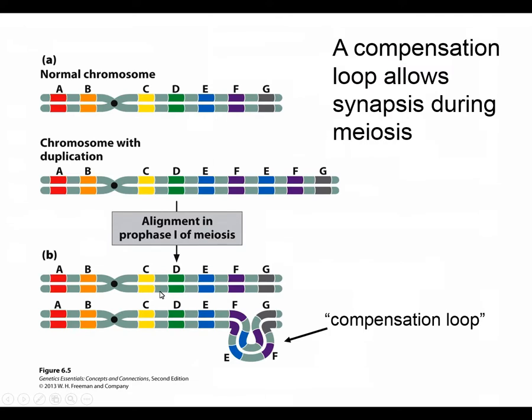Now, usually there's not going to be any problem in meiosis with an individual who has a normal chromosome and then a homologous chromosome that has a duplication or deletion, because there will be the formation of what's called a compensation loop that will allow for meiosis 1 to occur normally, so you'll have normal synapses. So for example, in this case where you have a heterozygous duplication, the chromosome that has the extra section will just loop out,